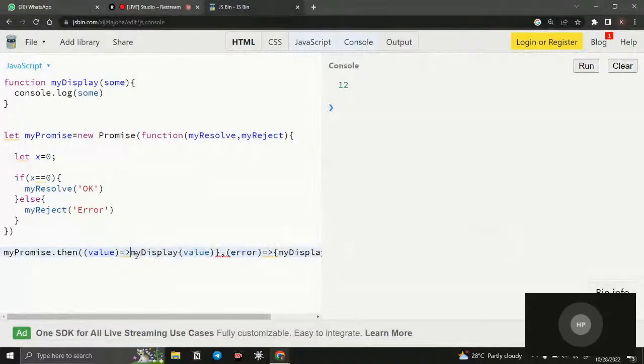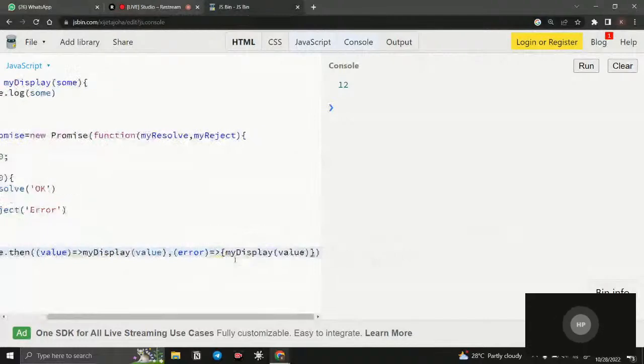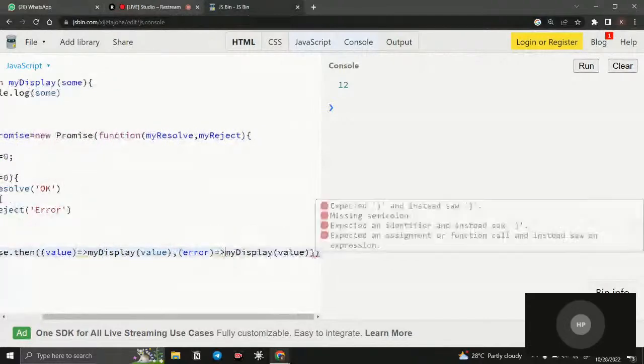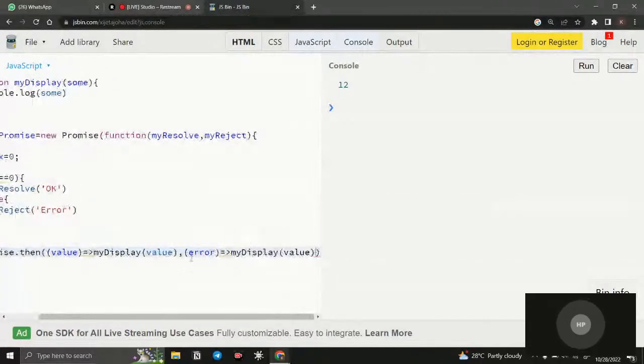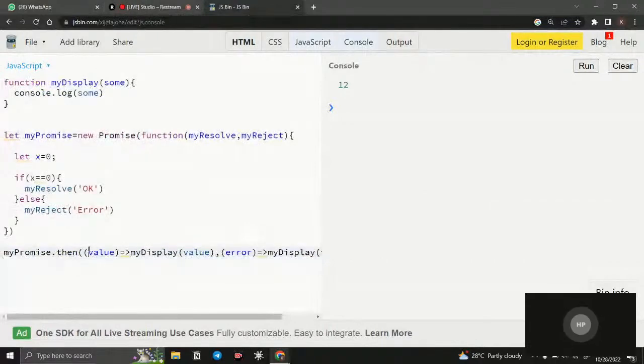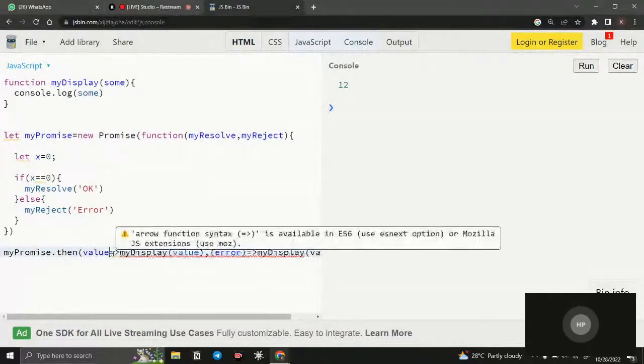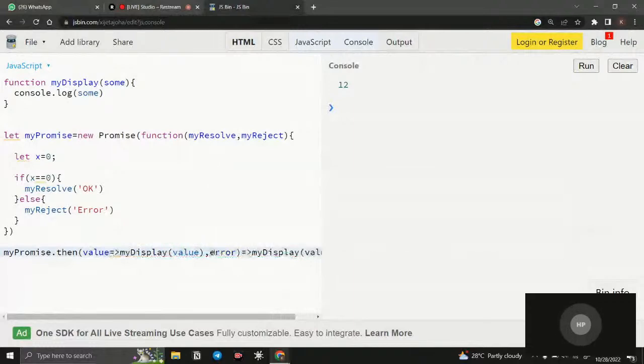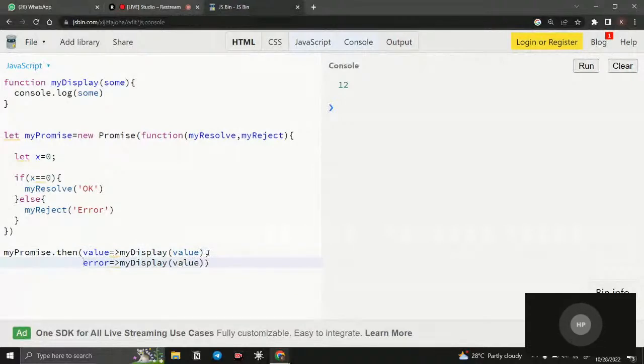So we don't want this, because it is a one line code, so we don't want this one. Okay, so because we are using curly braces and it is a one line code, we don't want to give the parenthesis because it is an arrow function. If it is a one line code, we don't need to do it. Okay, for well structured, I will write like this. You can see,